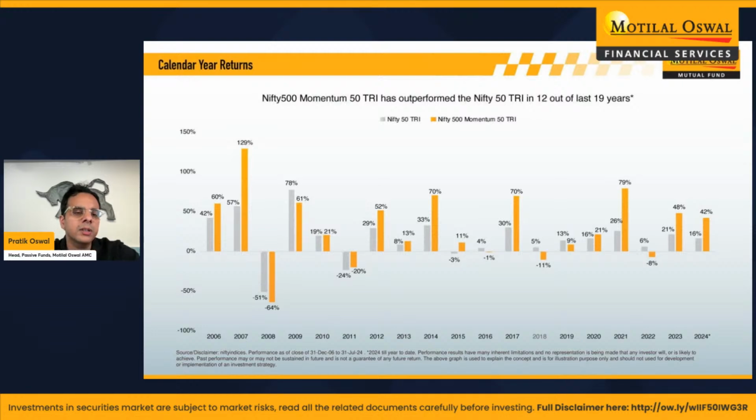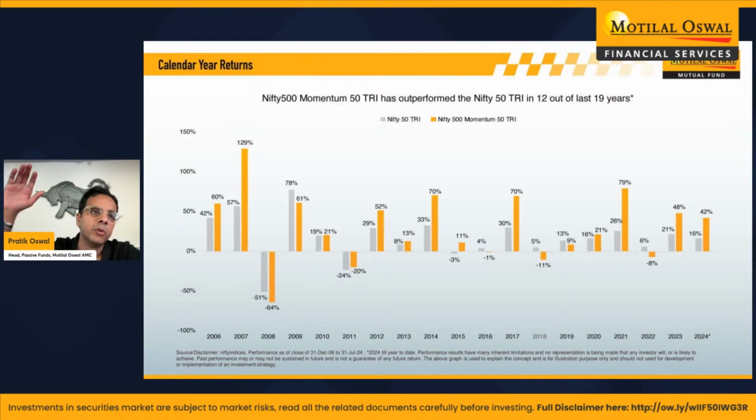But what's important is that the scale of outperformance in the bull markets is very, very large. For example, in 2007, if you remember, we had a huge bull market. There was a 60% outperformance. In 2012, we had a 20% outperformance. In 2014, we had a 40% outperformance. Again in 2017, we had a 40% outperformance, and 2021. So every time the markets are up about 20 to 30%, this index would outperform that by 30-40%.